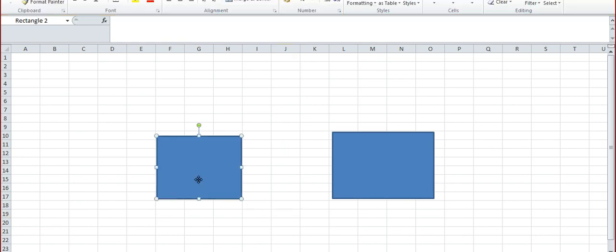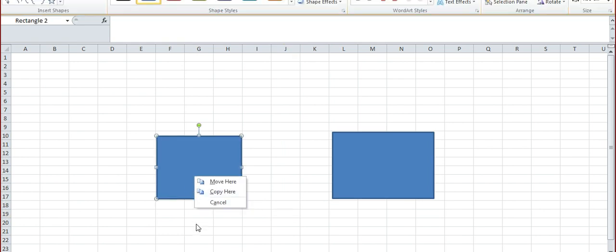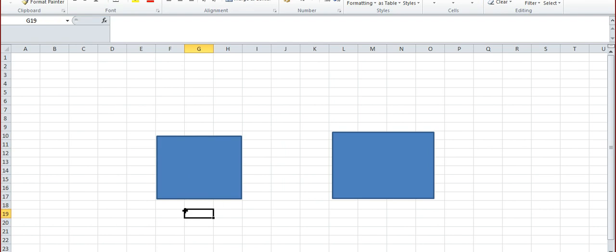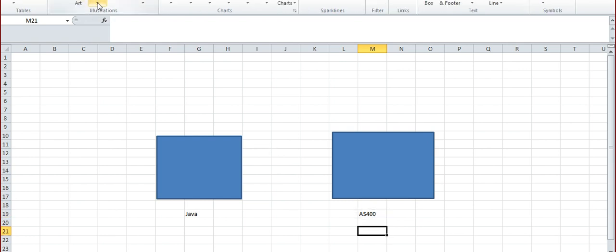Okay. So here, this is Java, and this is AS400. What will it do? Java will send a request.